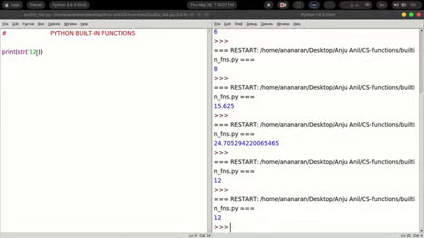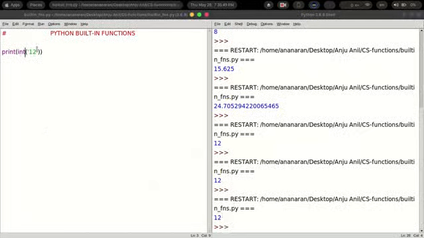Then the next function is called int. From the word int itself, you should understand that it converts a string to an integer. For example, before what we saw was str, now we are using int. So any value that you give within this converts to an integer. That is, if I give 12 within single quotes, I will get the answer as 12 itself. That means 12, which was a string, has been converted to an integer here.